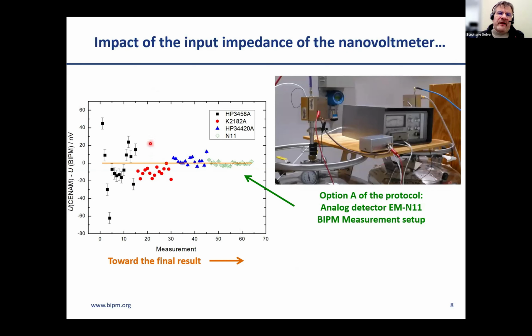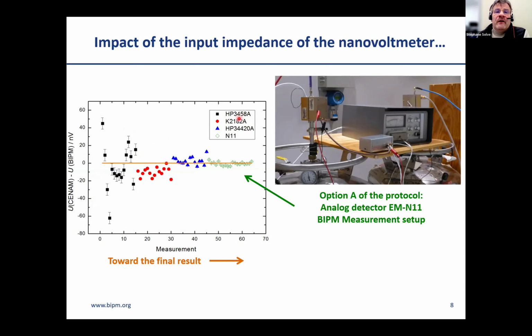At the very beginning, our colleagues at CENAM wanted to check the meter that they were using on a regular basis to calibrate the secondary voltage standards, the Zeners. So we simply replaced the Zener by the BIPM transportable JVS, just to check how far we could go with this simple meter. And you can see that the results were quite nice, and they were actually in very good agreement with the